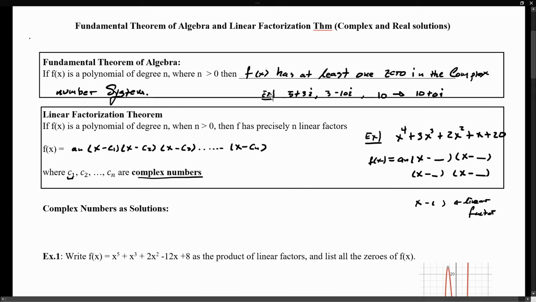So if we put it all together, we're saying that any polynomial has at least one complex number as a zero, and we know that that polynomial can be broken down into n linear factors, where n is the degree of the polynomial. The last thing that we want to state before we actually do some examples is the idea of complex numbers as solutions. And this is something that's going to be very important for you to understand, and that is that complex numbers as solutions